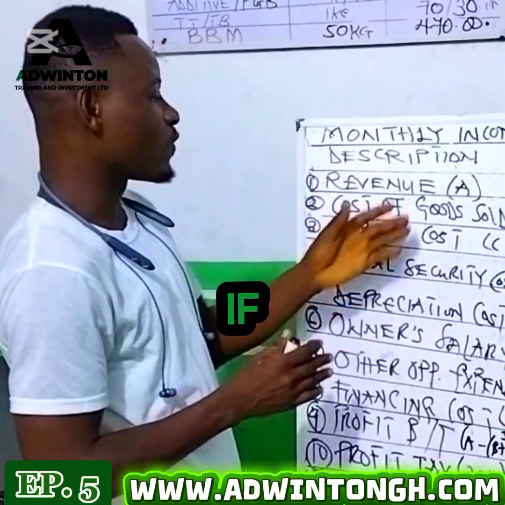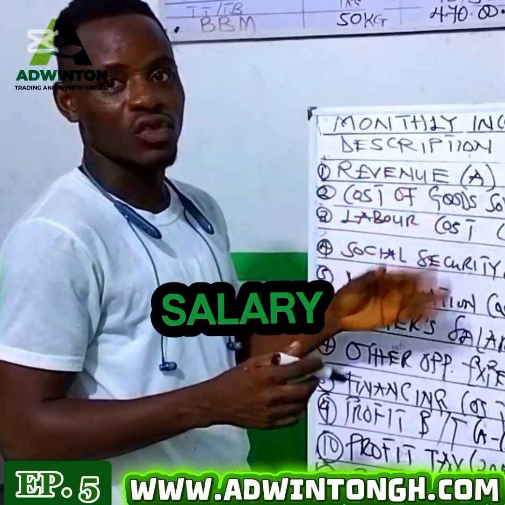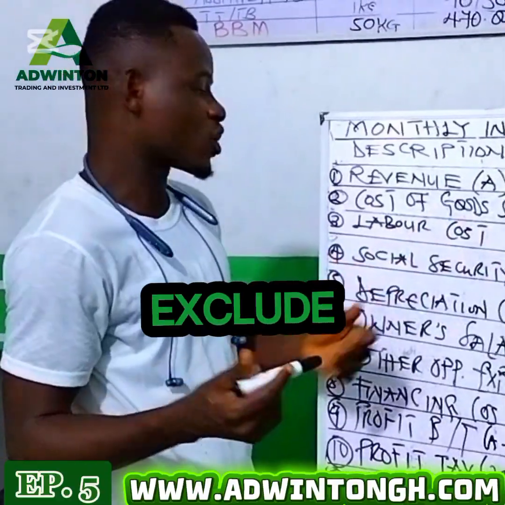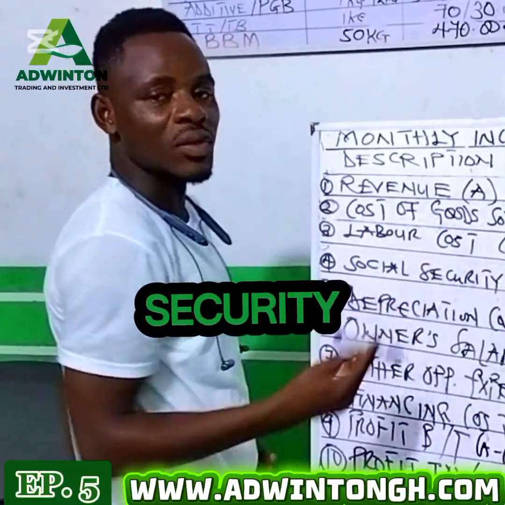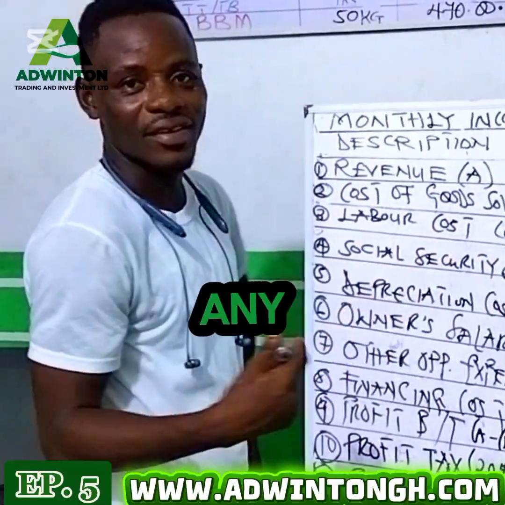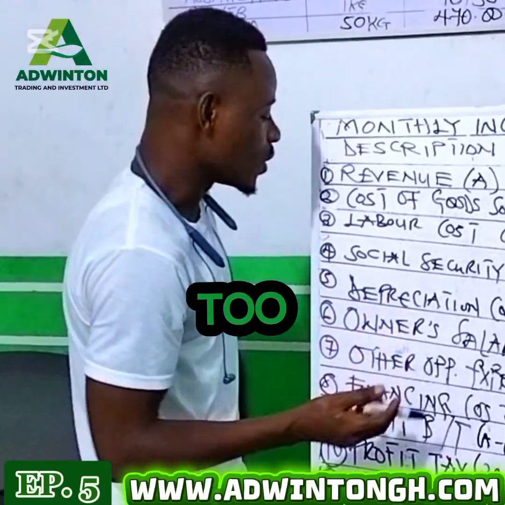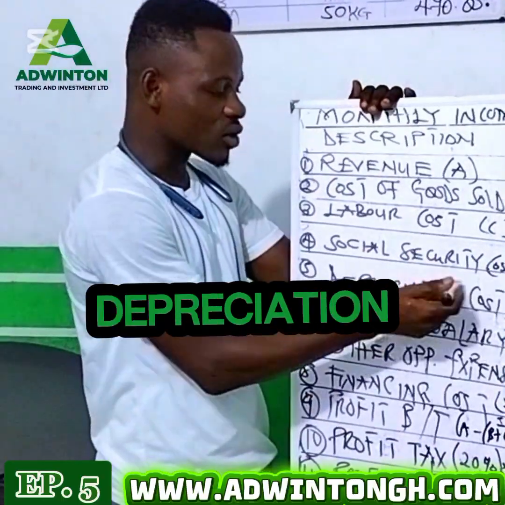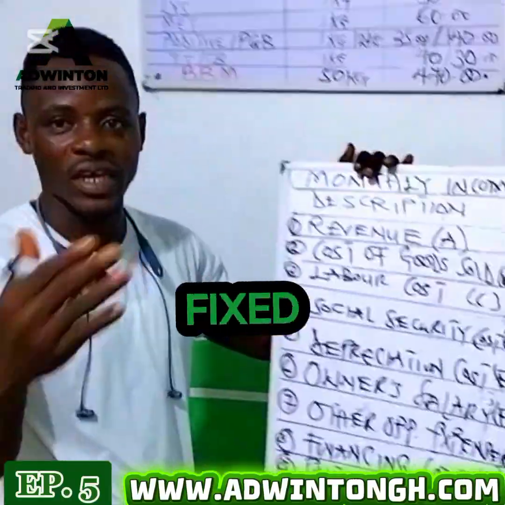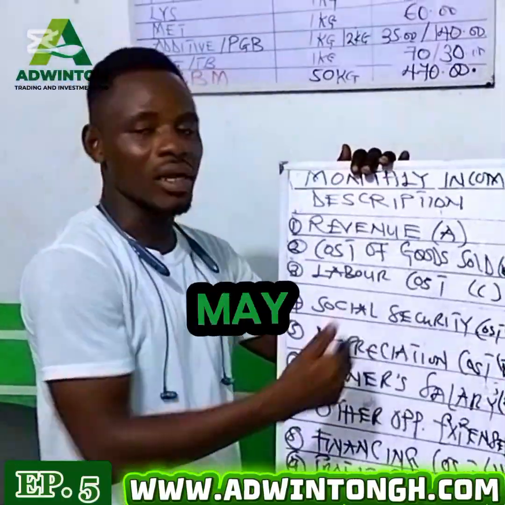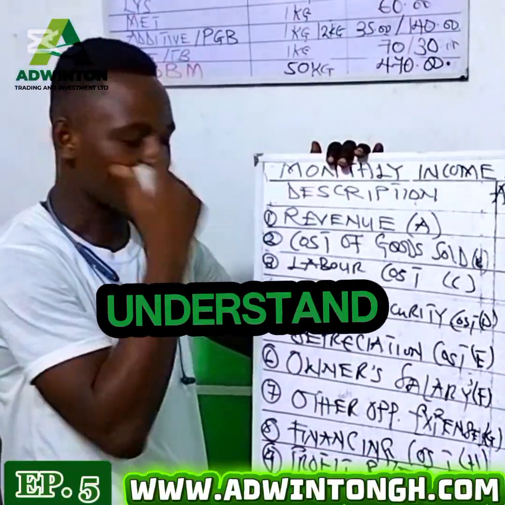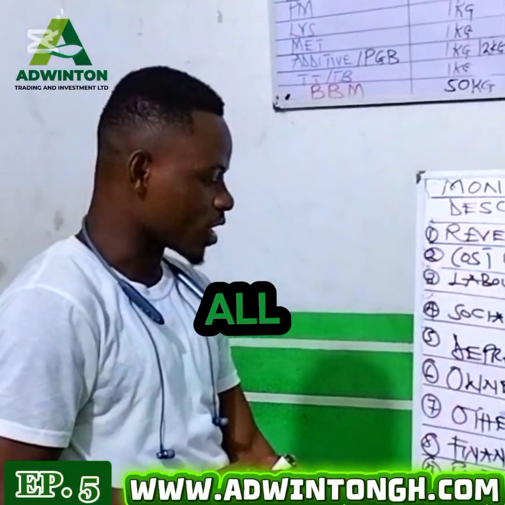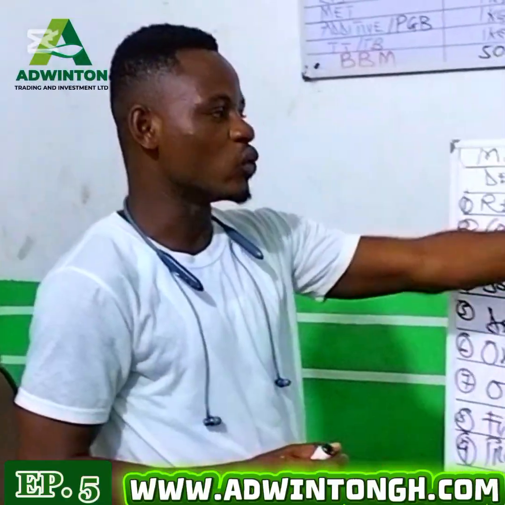And if you are alone and you are not paying salary to any worker, the labor cost side too, you may exclude it. You understand? Social security, maybe you've not started paying any social security, that one too. And depreciation cost, if you are not keeping any fixed assets, this one may not be applicable. You understand? So I'm just going to take you through all the terminologies here